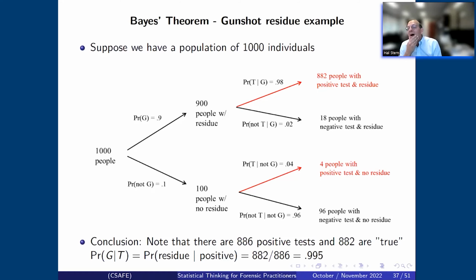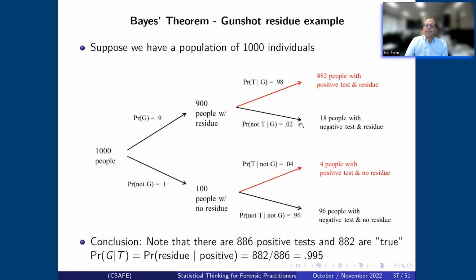So now I'd like to find out, if I restrict attention to people whose tests are positive, how many of them actually have gunshot residue? Well, the test came back positive for 886 of those 1,000 people. 882 actually did have residue, 4 did not. And so we would say the probability that this individual has gunshot residue on their hands, given that their test came back positive, is 882 out of 886 such people,